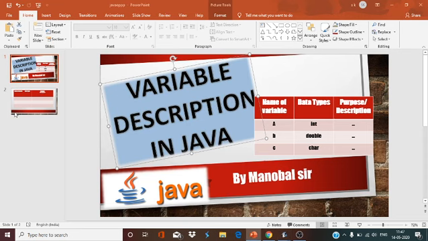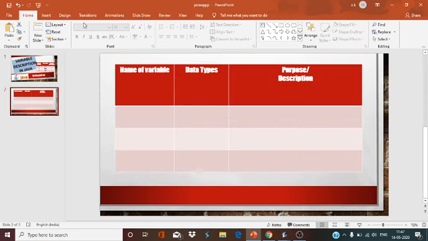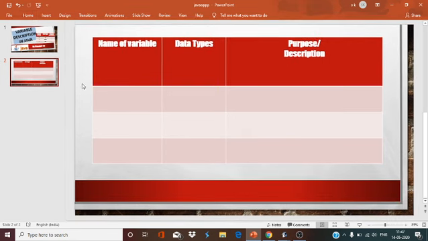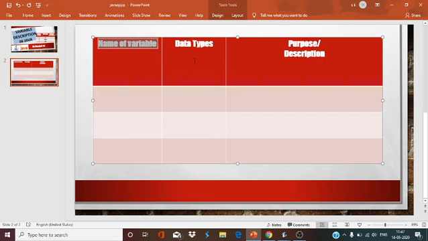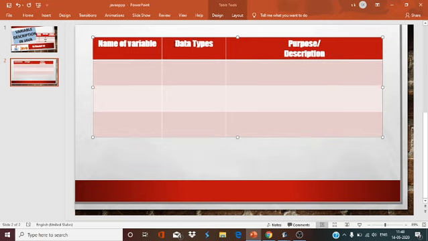What is the format to declare the variable description? This is the format of variable description, where first you write the name of the variable, then the data type, and then the purpose and description.